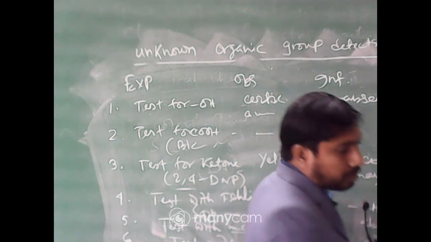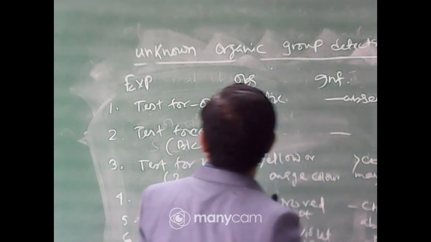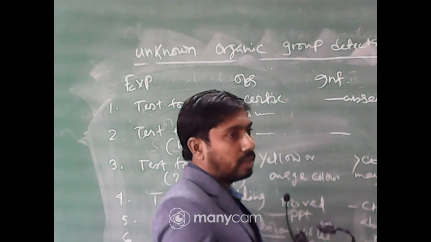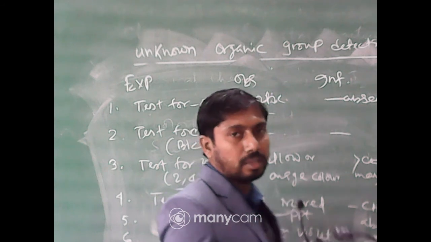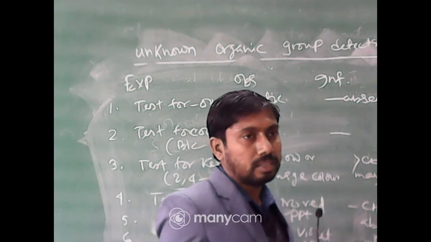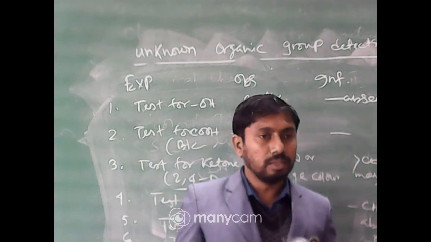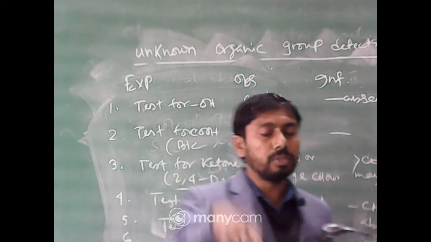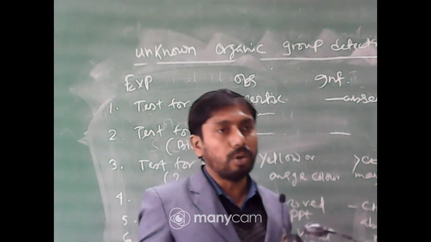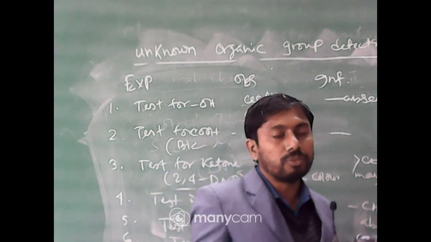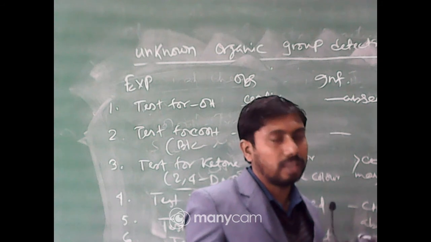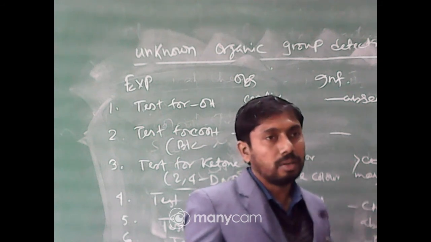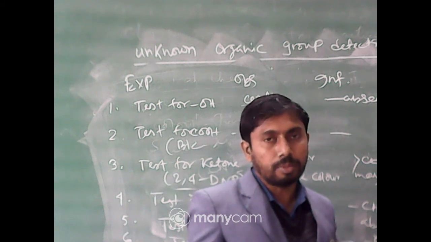Basically all the samples are given, that is the alcohol is also given, acid, it is very easy, that is bicarbonate, the effervescence, or the pH test, that is using any indicator, litmus, and number 3 is aldehyde and ketone. Now to distinguish between aldehyde and ketone, this is very important, but if you confirm either of them, then it will be right in the correct manner. The procedure must be the same.